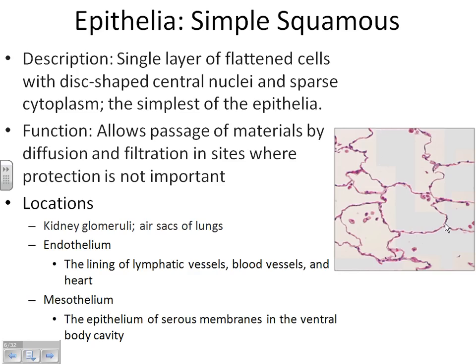So this is where I'm trying to teach you how to figure it out instead of memorizing it. The answer to what is the function of simple squamous epithelium is it allows passage of materials across the membrane. But you shouldn't have to memorize it. You should be able to just think about it. It's thin, so I'm going to let stuff go back and forth. So the third is, where is this found? It's going to be found places, generally, where I'm going to let stuff pass back and